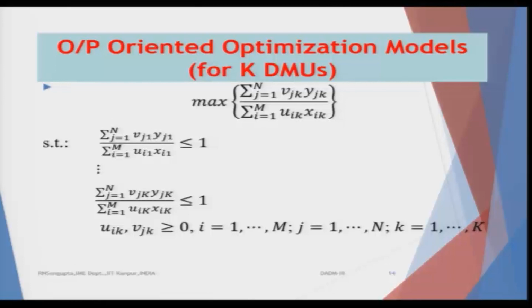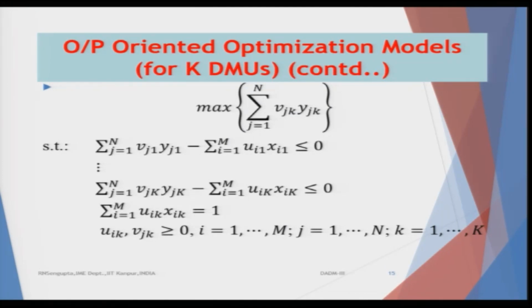Now, if you see, the problem is a nonlinear one, maximization of a ratio, and the constraints are also nonlinear because they are a ratio less than equal to 1. Now, for the output oriented model, as per the concept, I will tweak it a little bit and convert it into a very simple linear programming. So, here it happens. Now, watch carefully, the maximization was a ratio, now the maximization will be only on one term. I am going to convert the denominator which is there in the objective function and keep it normalized and fixed at 1.